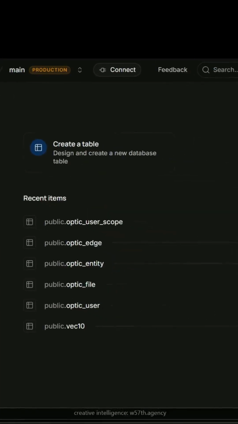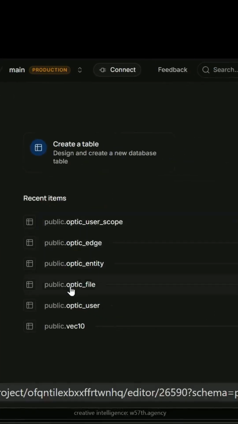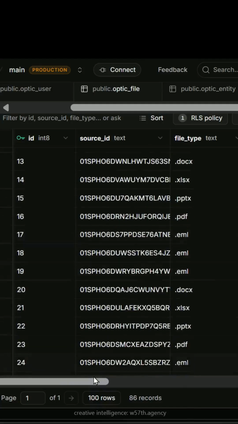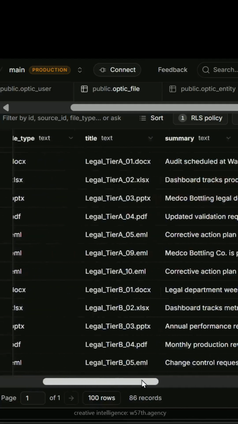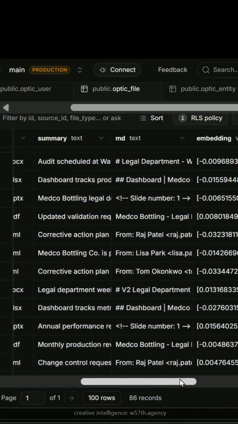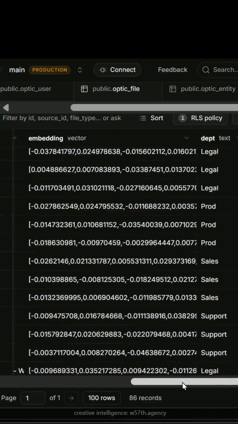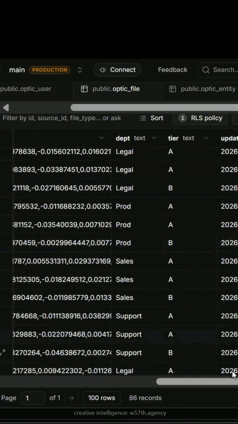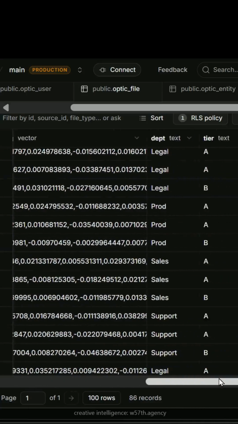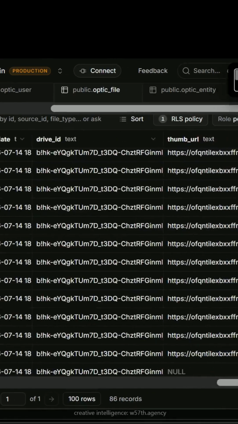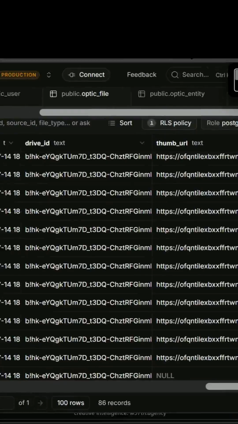Supabase basically has these tables, and the main table optic file contains all of your files and file types and titles, summaries, the markdown for every file, except for images and video, and embeddings, and the department and tier of the employee who uploaded or has these files in their folder, and other database items, including the thumb URL, which is